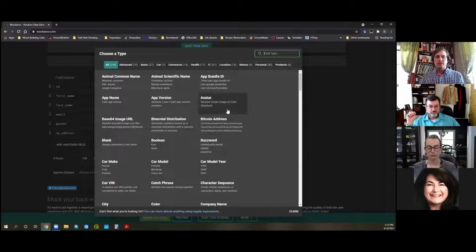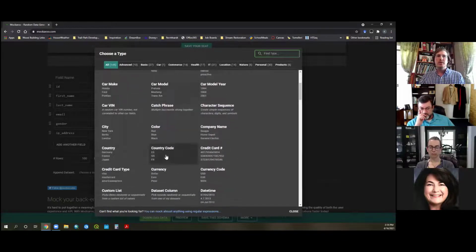You can even generate random avatar images. If you're computer science, you're trying to do app development or database development, you can do all different kinds of file downloads that will be randomized. They even have setups for randomized car VINs, colors, random cities, country codes, credit card numbers.